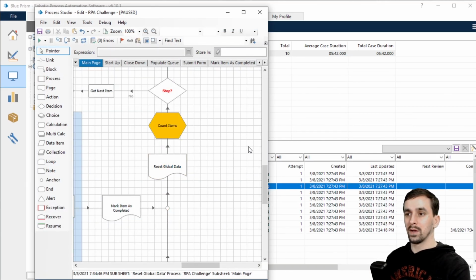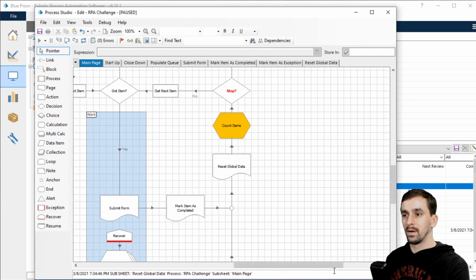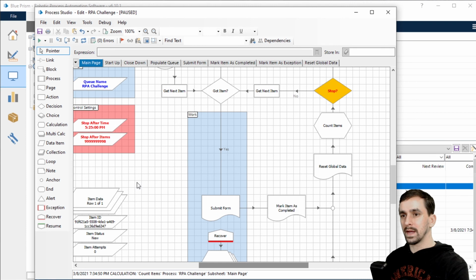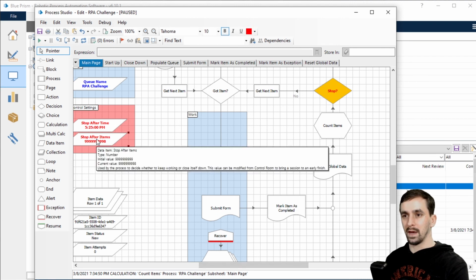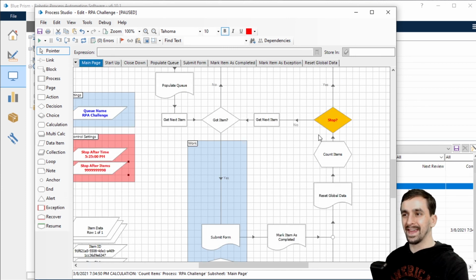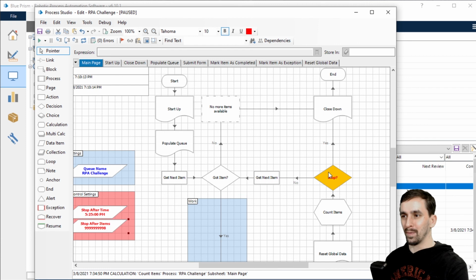Okay, reset global data. Count items. I think it's actually decrementing right here. So eventually if that gets to 0, then it'll stop. It is checking to see what time it is. So I think I just realized it's going to go up. It's going to say